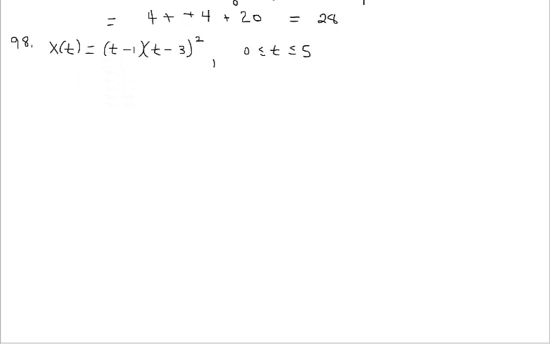Okay, notice that you're asked the same question. This is the new position equation on the same time interval. What's the total distance traveled? Well, again, if I have a calculator, I'm going to find x prime, the velocity, and I'm going to type in y1 the absolute value of that equation, go to the home screen, do the calculations, and it'll take care of the situation of when it traveled left and when it traveled right, because the absolute